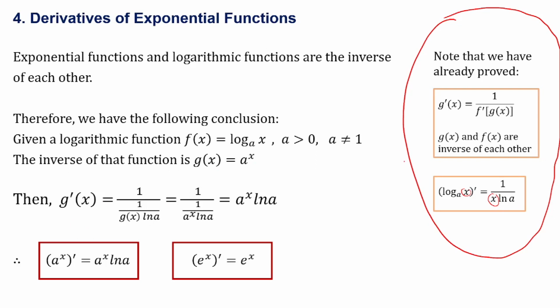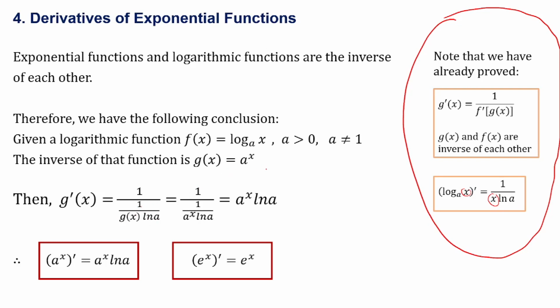Then, according to what we have got here, the derivative of g(x) can be given by the reciprocal of the derivative of f with respect to g(x), which means in this case that is 1 over g(x) times ln a,